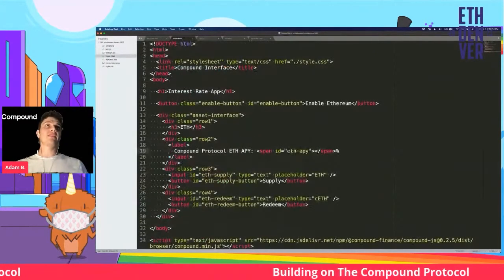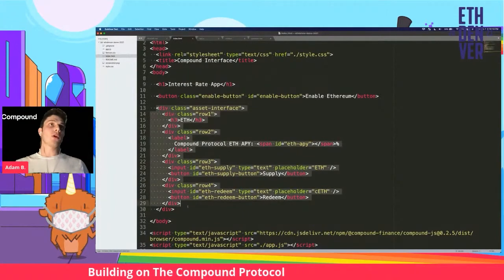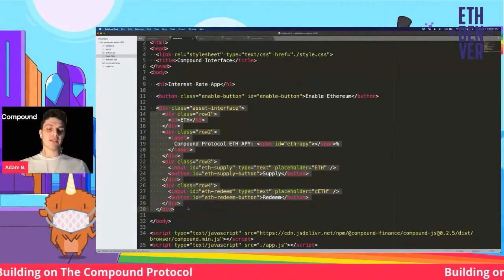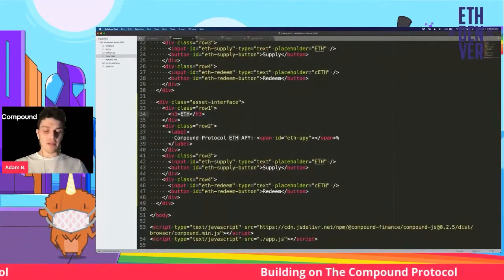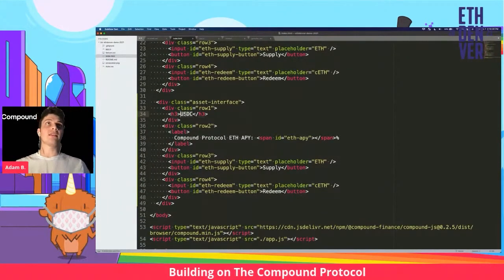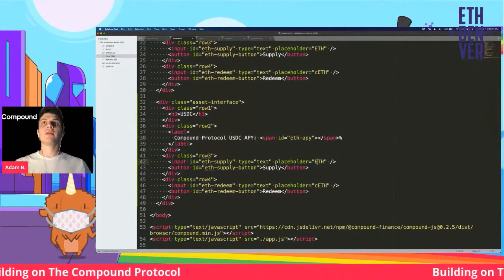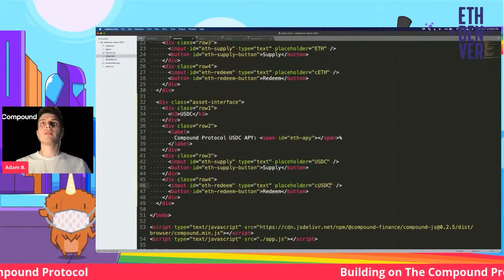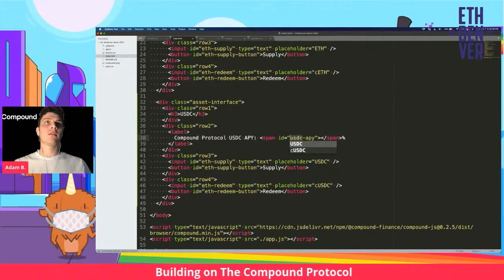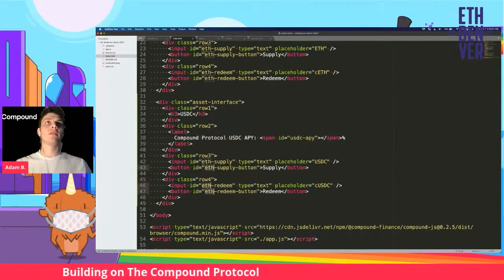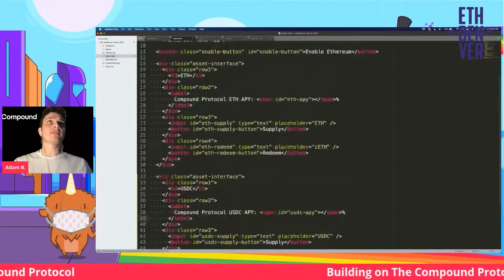And let's go to the HTML. We got our interface here for Ether. So we're just going to copy this because we want to have another interface so people can do USDC. So I'm going to take away all the things that say ETH. I'm going to say USDC instead. Okay, cool. So we got 2 of these